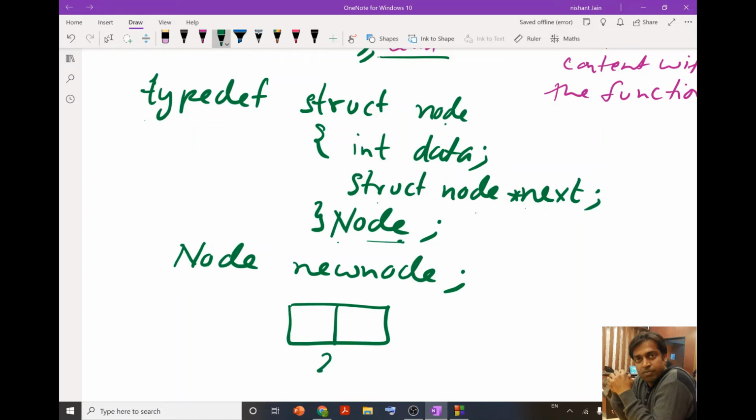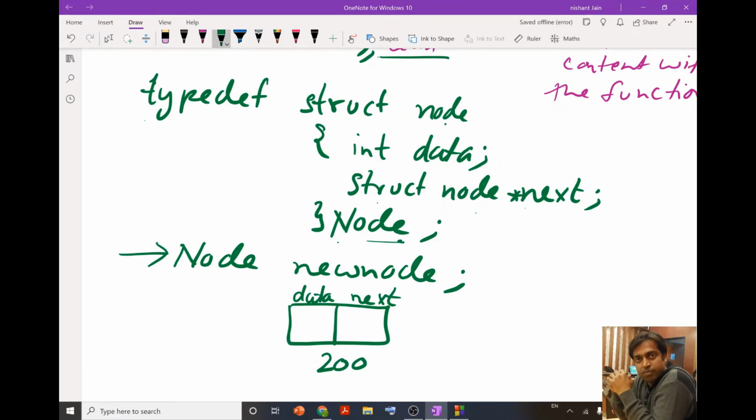Okay, let the address of this structure be 200, and this structure is going to have memory to store the data and to store the next pointer, meaning the address of the next node of the linked list. So as soon as I write this type of line, it is going to create our node, right?